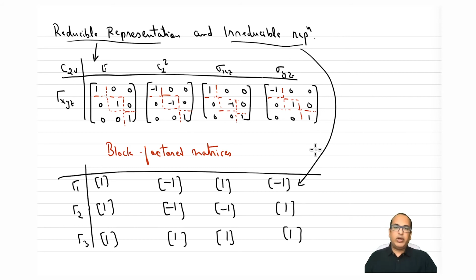Okay. Now what is the advantage of this? The advantage is that there can be many reducible representations for a particular point group, given that we can have as many basis sets as possible. So you can have n number of reducible representations and n dimensions. There is no count on dimensions. Also, for water, you can have a 6x6 matrix, a 3x3 matrix, depending on what your basis set is. But there can be only a certain number of irreducible representations for a given molecule or for a given point group.